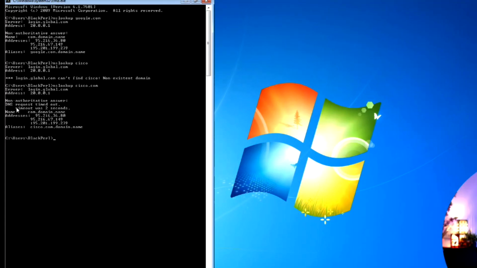But okay, so now it is giving us the root domain address and all those stuffs. So this basically means that this particular machine is working properly as of now. Okay, so now what we need to do is cut off the internet connectivity on this machine, and